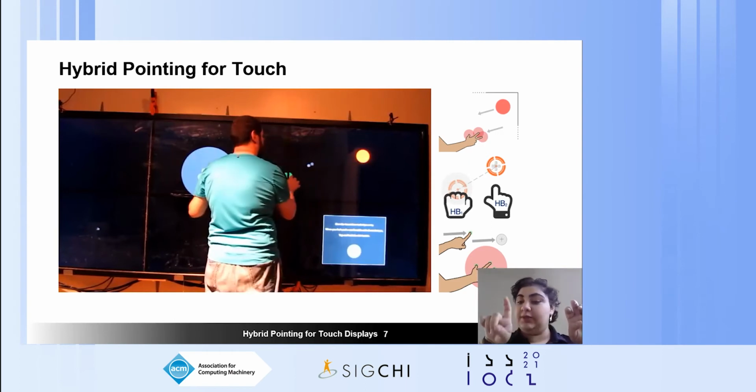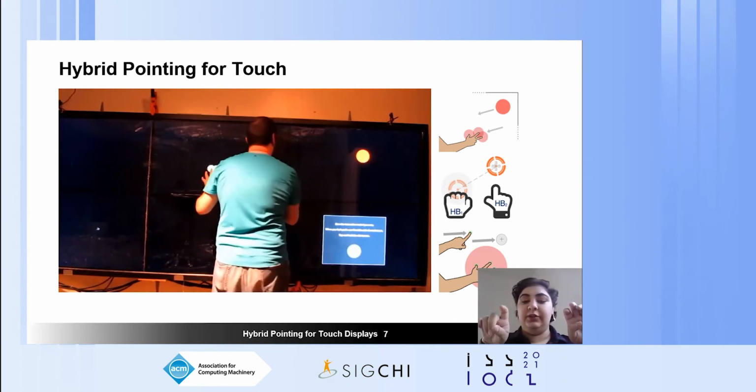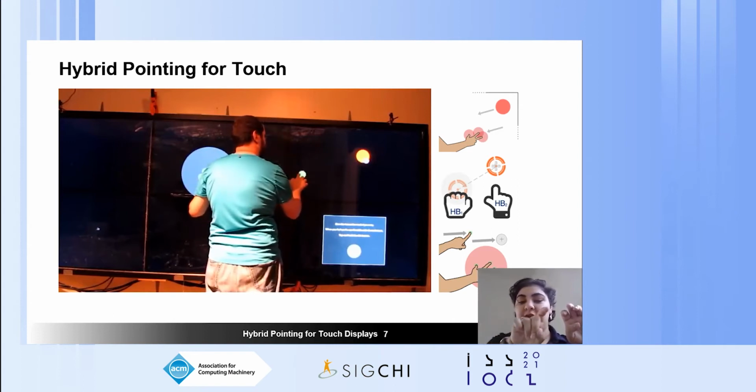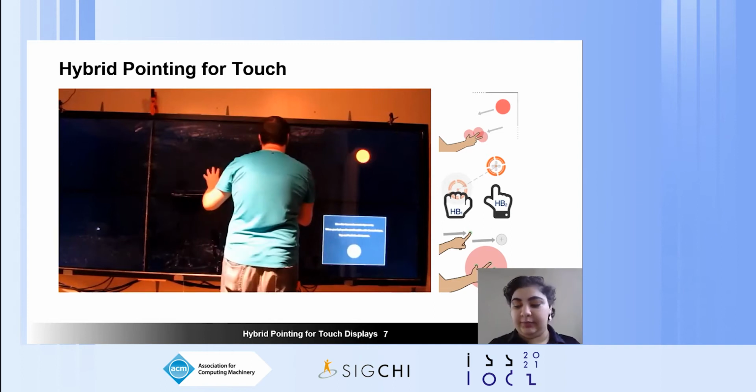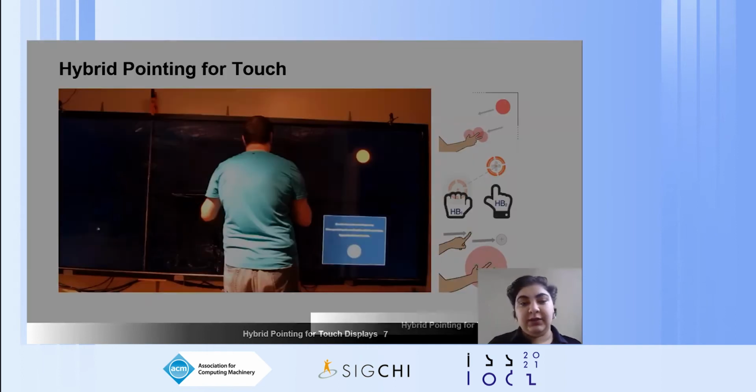Touching with the other hand outside of the dead zone creates a cursor, which then you can use to drag across the screen as part of a distant reaching technique. And then you can see him tap in order to simulate a click. So looking at that in slow motion,